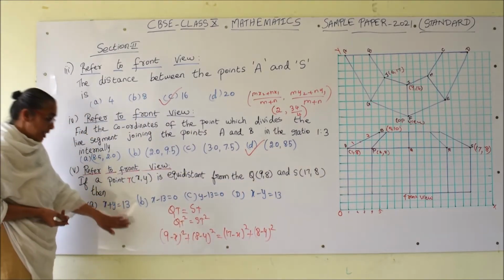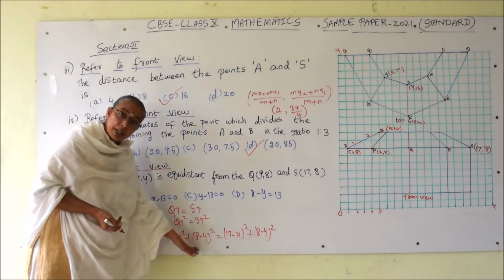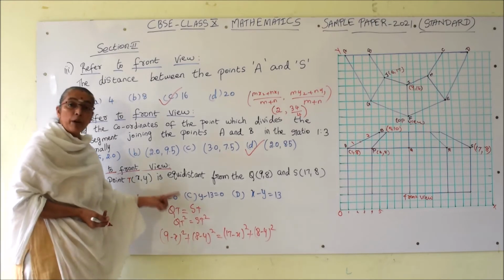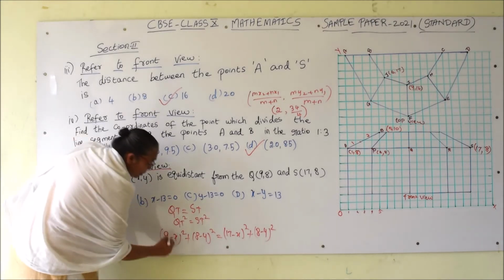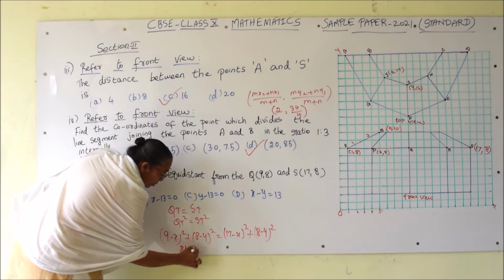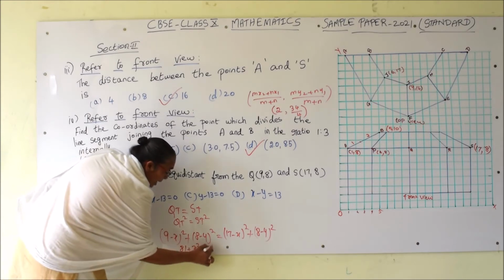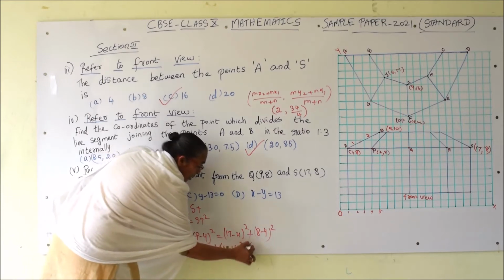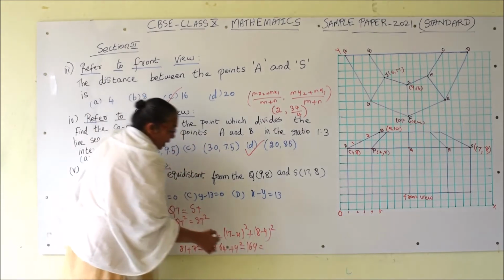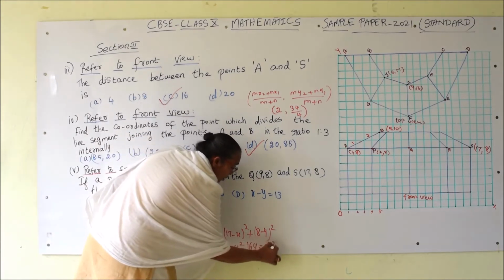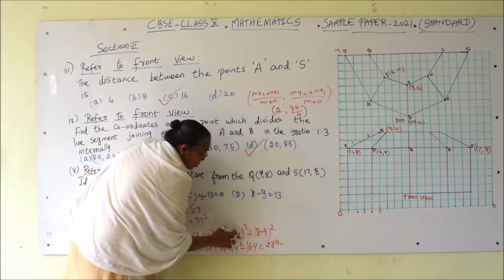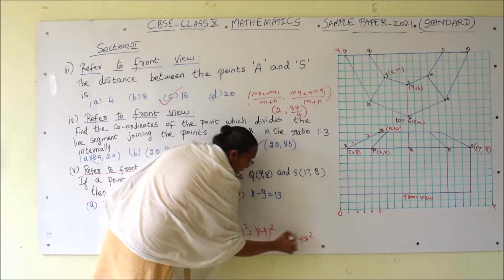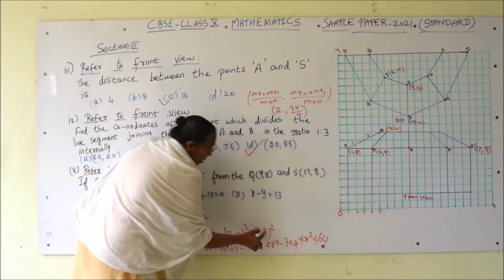Now expand using the a minus b whole square formula, here also a minus b whole square formula, even on the right hand side. So what happens, your x square term, y square term will get cancelled. Okay, one step I can do. 9 square is 81, x square, now minus 18x plus 64 plus y square minus 16y. This is our left hand side. I used the a minus b whole square formula: 17 square 289, minus 17 twos are 34x plus x square plus 64, here y square,